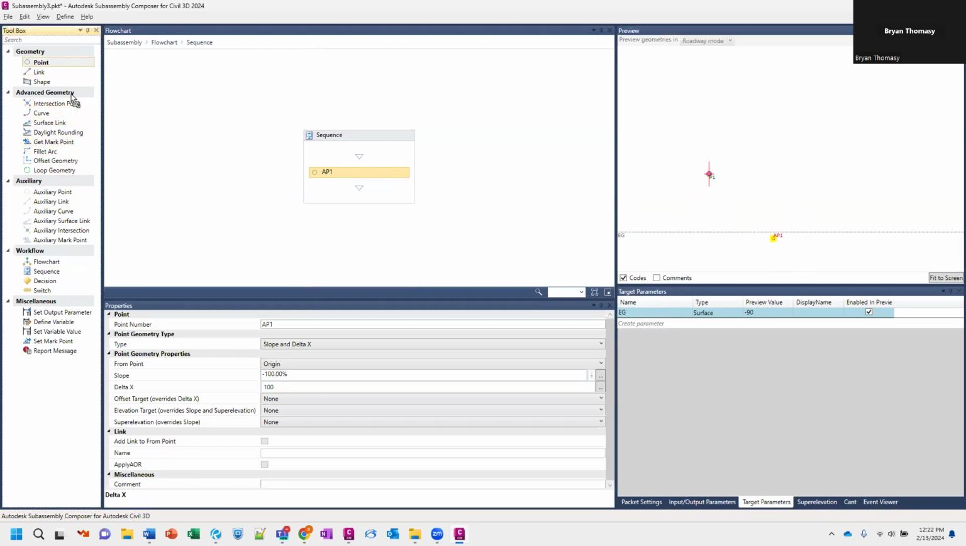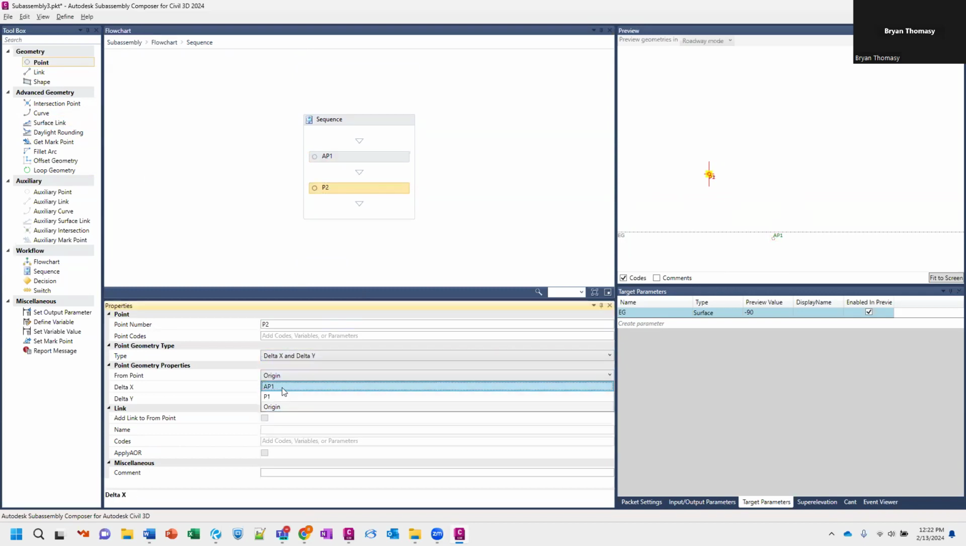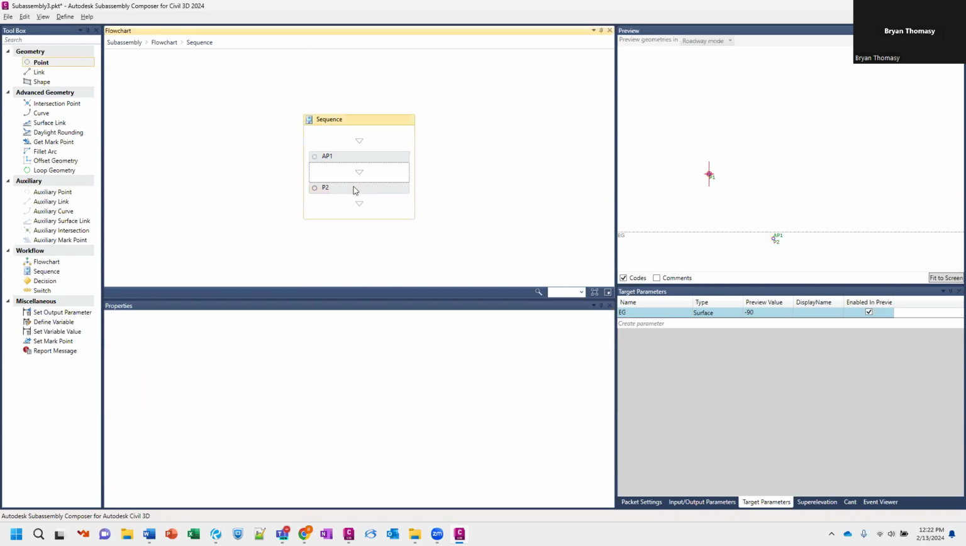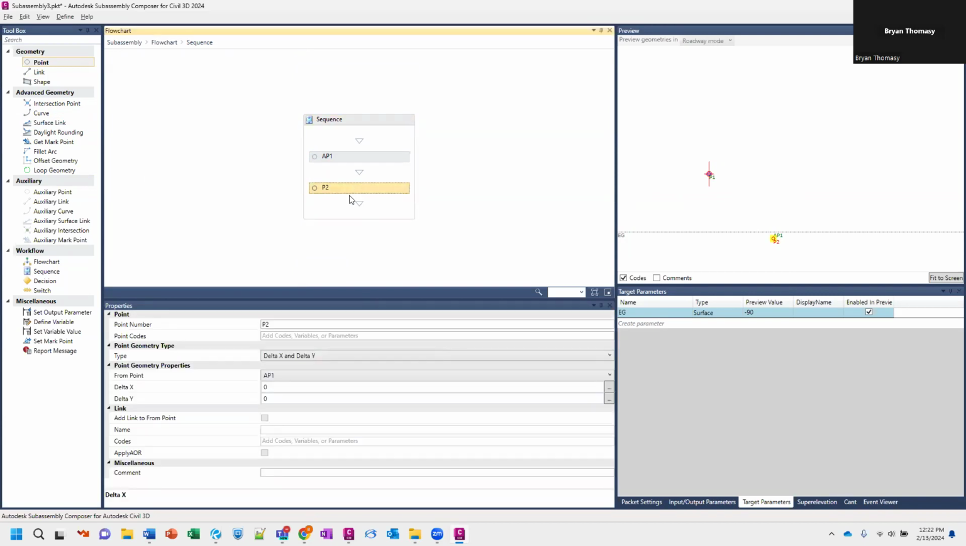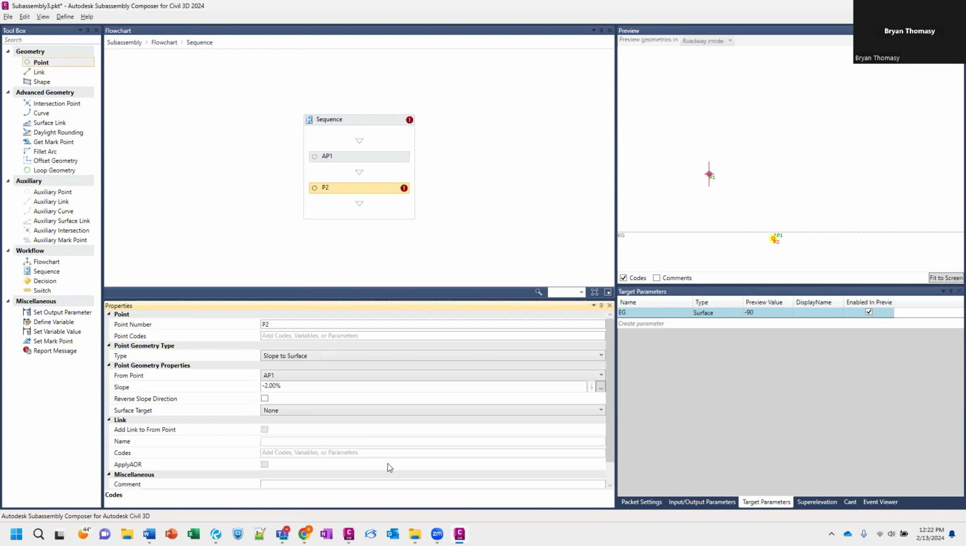So I'm going to throw another point in here. This is going to go from that auxiliary point. Sorry, this shouldn't be a point. Yeah, I could do that as a point. It's going to go from that auxiliary point, and it's going to be a slope to surface. I'll put in that same daylight surface. So this one's actually going to be the opposite, so this is going to be 100%. And it's going to target the existing ground. And there it is. So we go all the way out, way beyond, and then we simply come back,